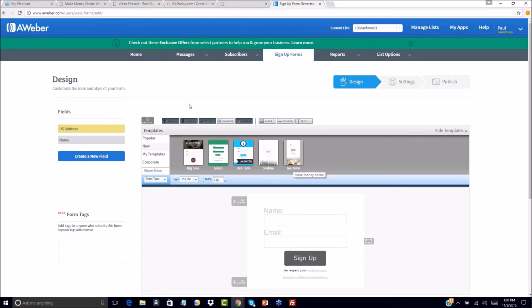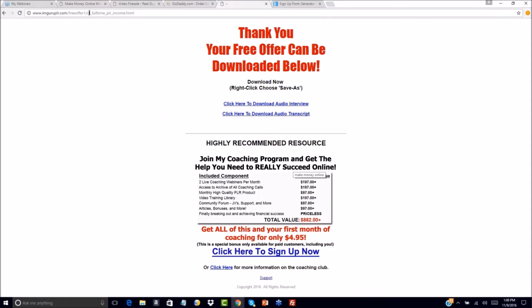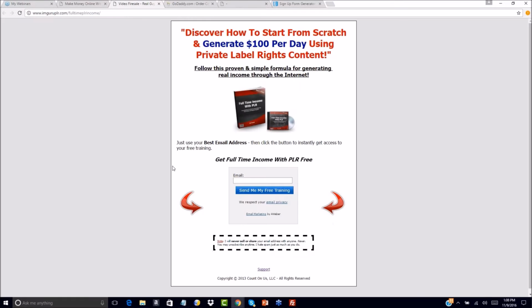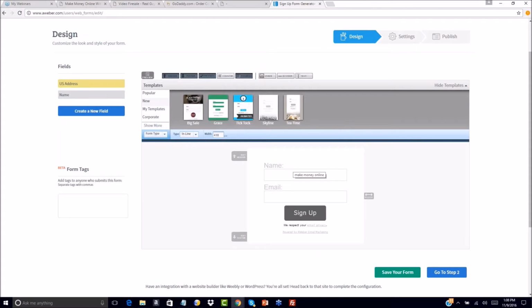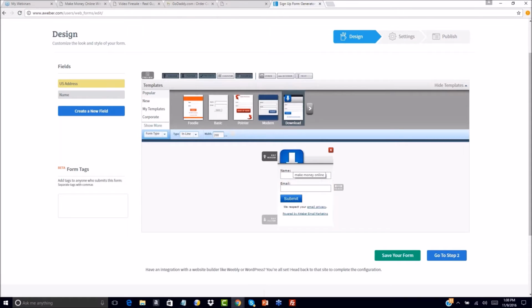Okay, so now what we're going to do here is go to the opt-in forms. We're going to choose our template. So there's several templates that you can choose from. There's some that I've used pretty successfully. So I'll show you which one that I've used. It's this gray one with this blue background. It works really well for me. Again, you can choose from any of the templates that you want. You absolutely don't need to use the one that I use. I just happen to like that opt-in form. That's all. So I'm going to choose load template,